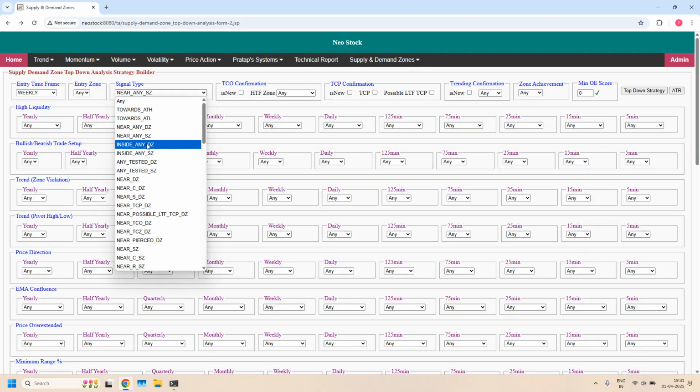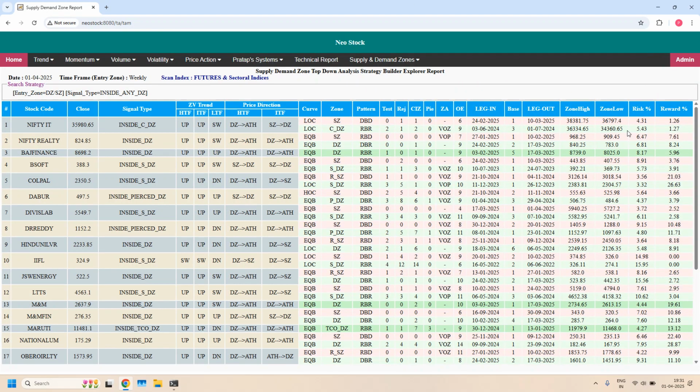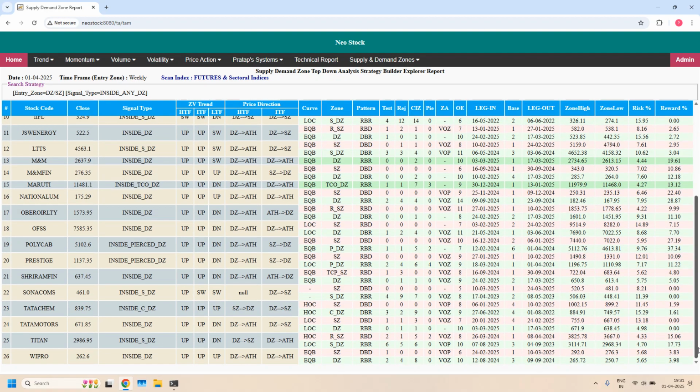Next, price closed inside the weekly demand zone. First 17 stocks in the list. Scrolling the list down. Total 26 stocks are filtered. Out of these 26, how many are having